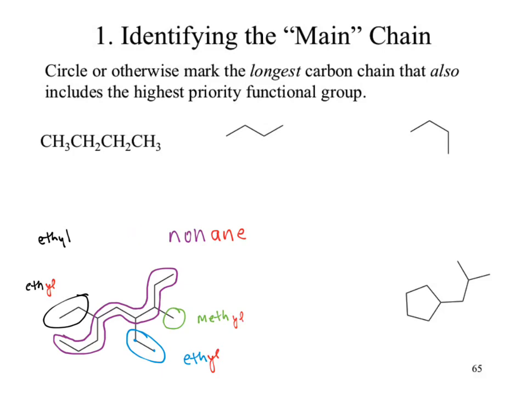I don't know why I switched colors there. What was it, green? How many ethyls were there? 2. So I can drop it in as a diethyl. Now I have to reference where every single one of those functional groups are, before I even deal with counting,